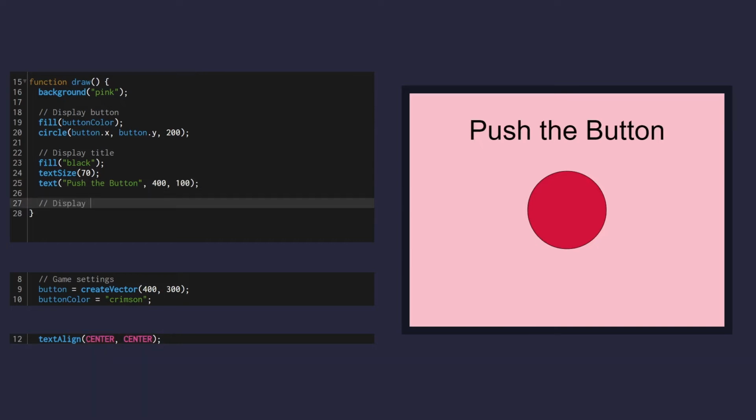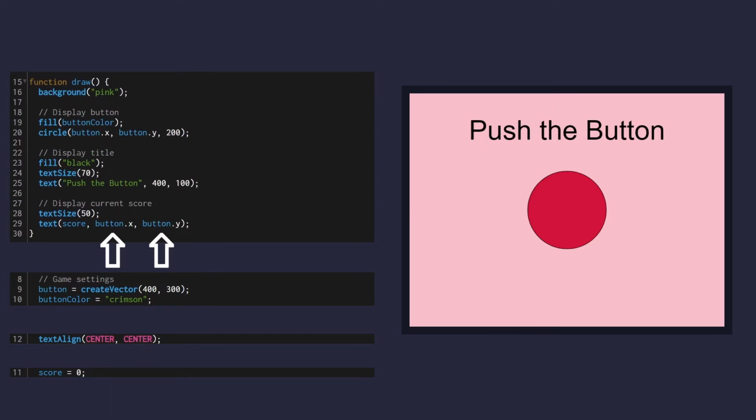Moving on, let's display the current score. We want the score to be a little bit smaller than the game title, so we're using a text size of 50. As for the score itself, it's based on the value contained in our variable score, which is 0 at the moment. Button.x and button.y simply means we'll be positioning the score at the same center as the button. This is just my personal preference, so if you want to change the position of the score, all you need to do is replace button.x for a number anywhere between 0 to 800 and button.y for a number anywhere between 0 to 600. Click play now and you should see everything display like so,